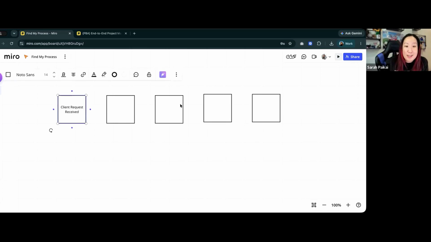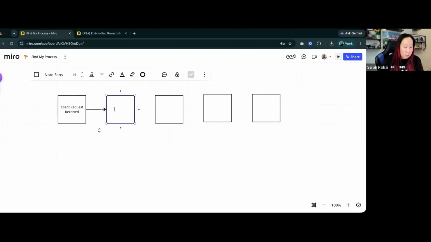There's a lot of questions that will come up for me just from a process perspective, just even looking at one of these maps. Things like, well, where is the client request coming from? What platform? How often? Who checks it? But that's because that's my brain. My brain is naturally curious about understanding what the story is behind each of the moving pieces. But we're trying to get out of that micro. We're trying to stay in the macro of things and look at just the overarching workflow. So client request is received. And it then moves into